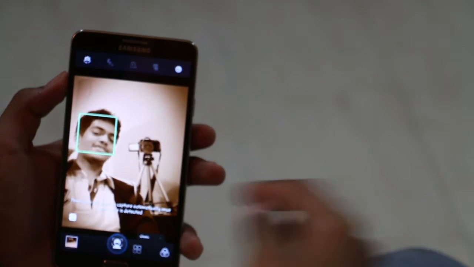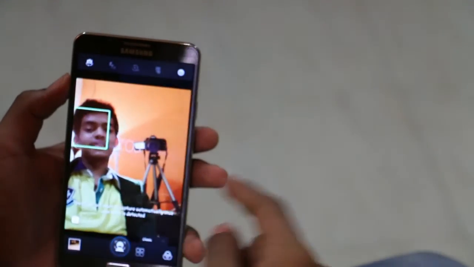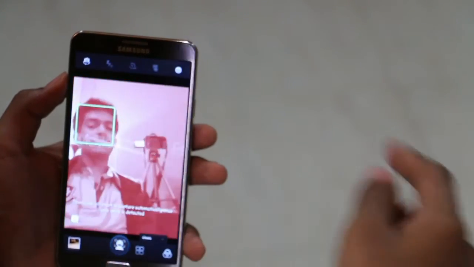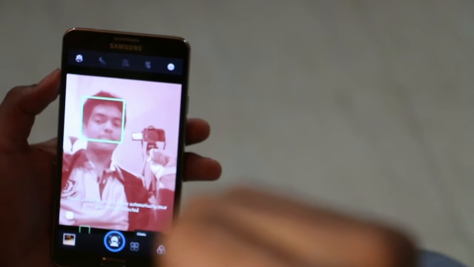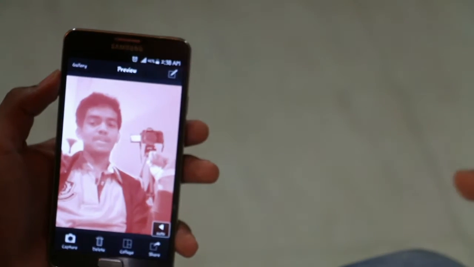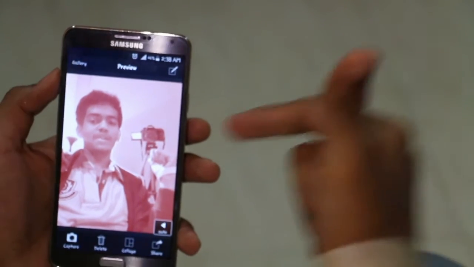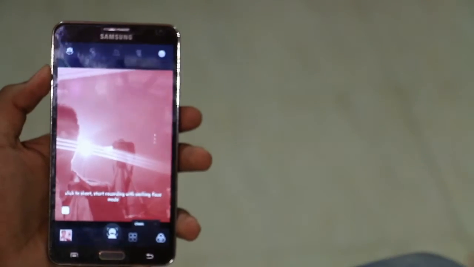So my smile is not pretty good, so I don't think it would detect it. Most of the time it works, but the light source is right behind me, so I don't think it will work for me now. Yep, it just clicked a photo and it's not as good as it looks, but yep,